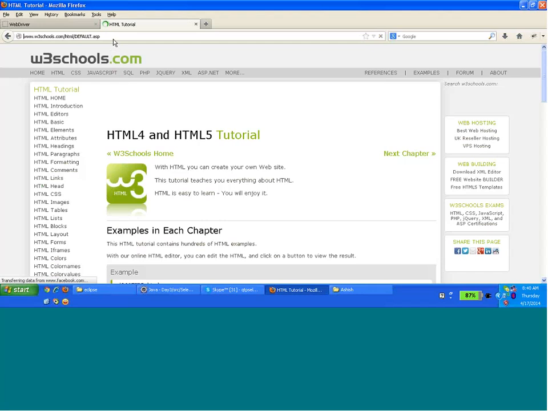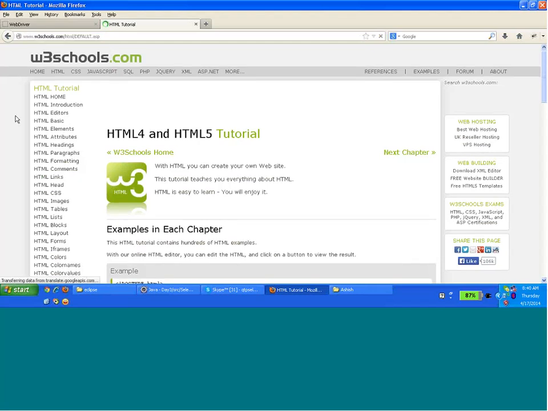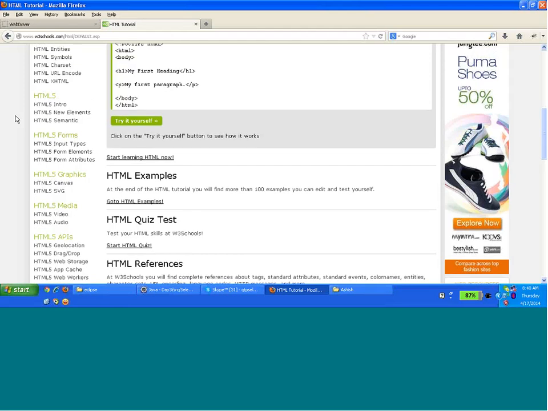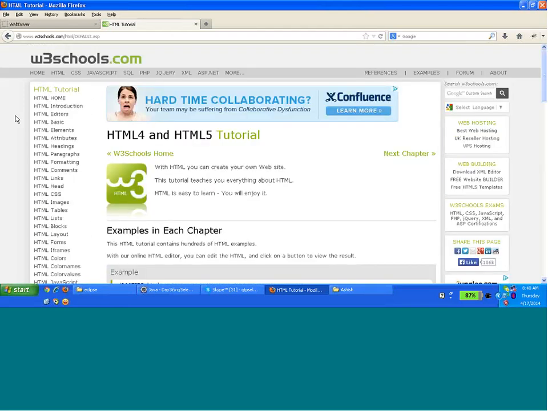And you will find the HTML tutorial over here. It is a very easy language which helps you to build the user interface of the website. I'll talk about that in tomorrow's class. Right. Actually, I have to